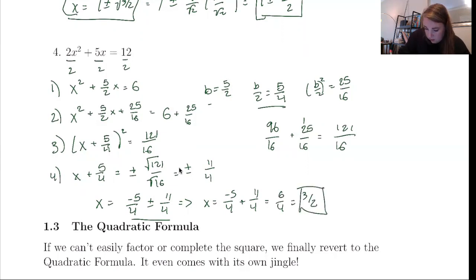And x equals negative 5 over 4 minus 11/4, which is negative 16 over 4, which is negative 4. So those are our two answers, 3/2 and negative 4, which looks a lot easier to understand